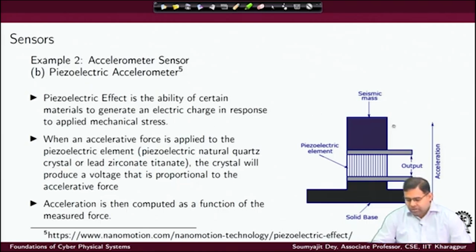So, let us say you have a seismic mass here. You have this seismic mass and you have this piezoelectric element. Now, you give some acceleration here, and this is a solid base. So, if you give some acceleration here, this seismic mass will generate a proportionate force on this piezoelectric body, and accordingly it will give an output voltage which is